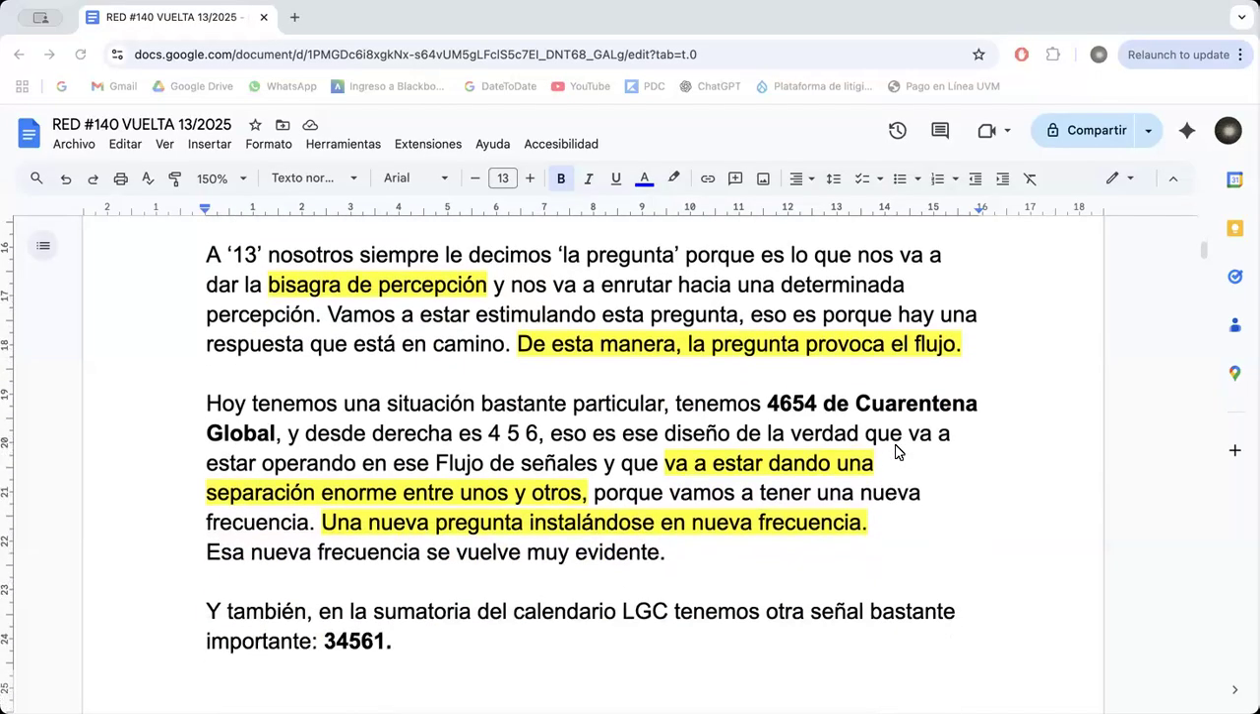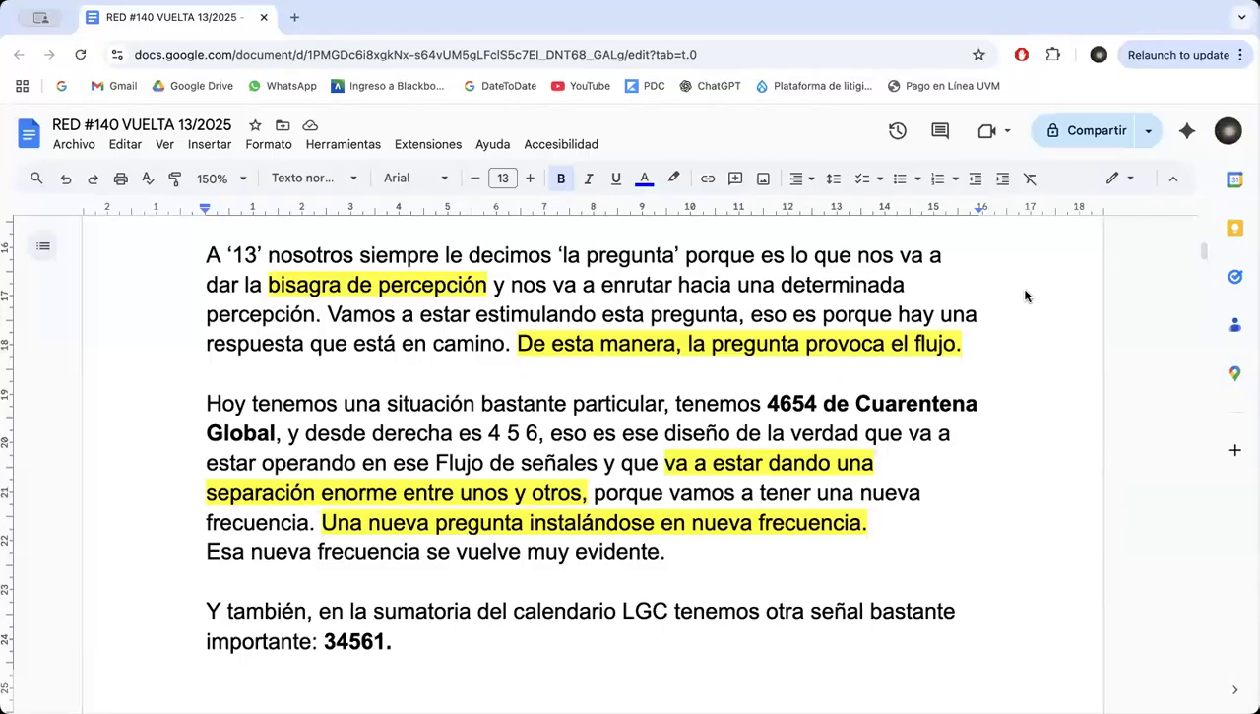So to 13, we always call 13 the question, because it is what is going to provide us with the bisagra de percepción. Bisagra is, so I had to look up that word bisagra. Bisagra is hinge, like what we use on the doors to open and close, right? So she says, it is what's going to provide us with the perceptual hinge, and it's going to route us